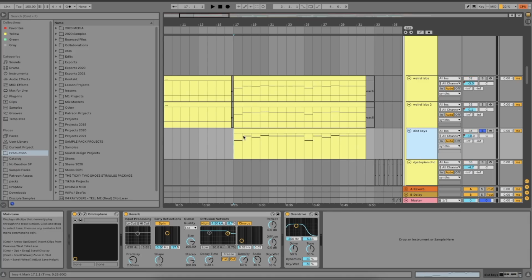Right before the build, we get into the climax. This is where everything is starting to really heat up. The energy is really starting to rise for this big cinematic intro. So we have a couple more elements at play. We have this distorted key right here from Omnisphere,